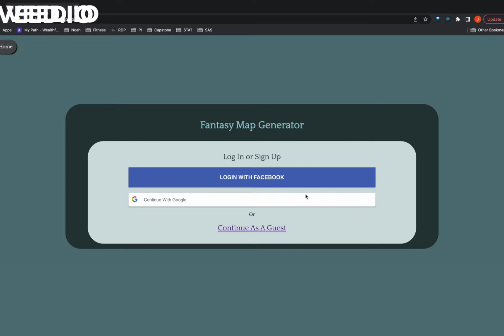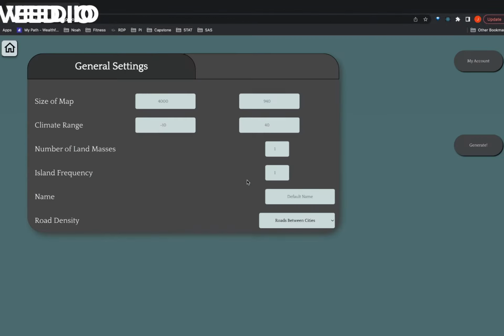So now landed at the login page, we have two options. We can log in with Facebook, log in with Google, and like the previous option, continue as a guest. I will show the login with Facebook option. Here it has me logged in with Facebook with the general settings page again. It has all of the same map options as well as the default name, which you can then change for the account page. It also has the My Account button now listed here, which will be used to view your saved maps. I'll go ahead and generate a new map